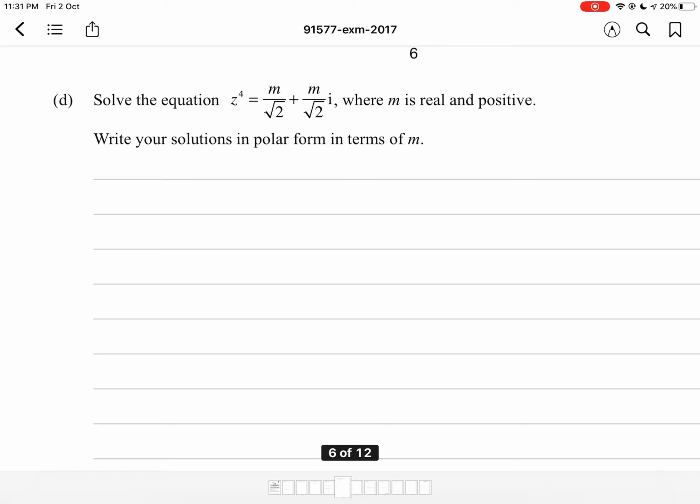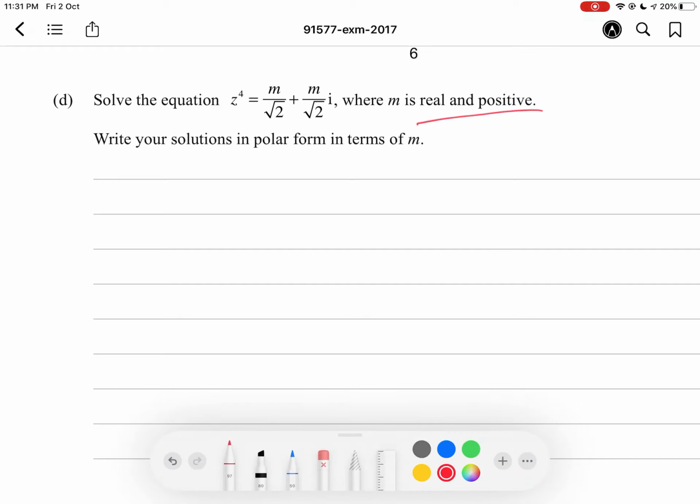Question D, solve the equation z to the power 4 equals m over root 2 plus m over root 2 times i, where m is real and positive. Okay, so m is real and positive. So write your solutions in polar form in terms of m. Right, so once again, like I just did in the last question, we're going to draw out the Argand diagram